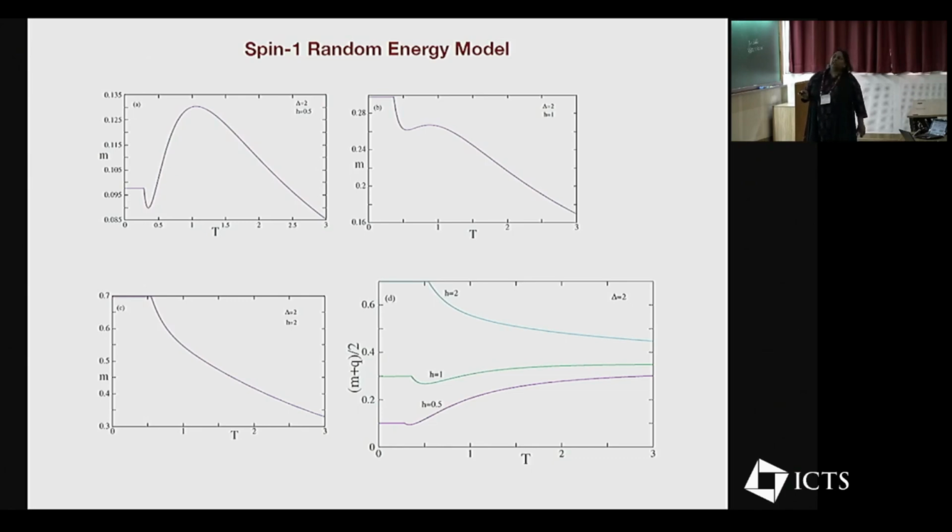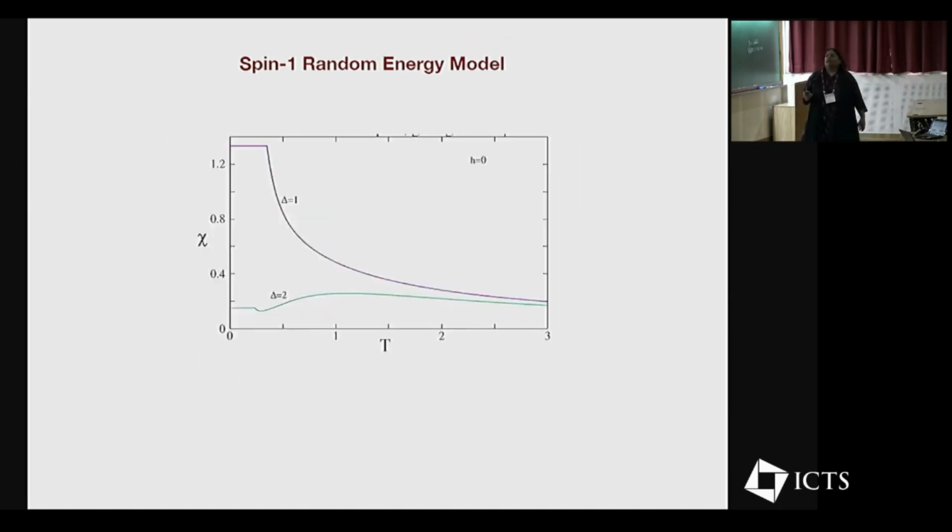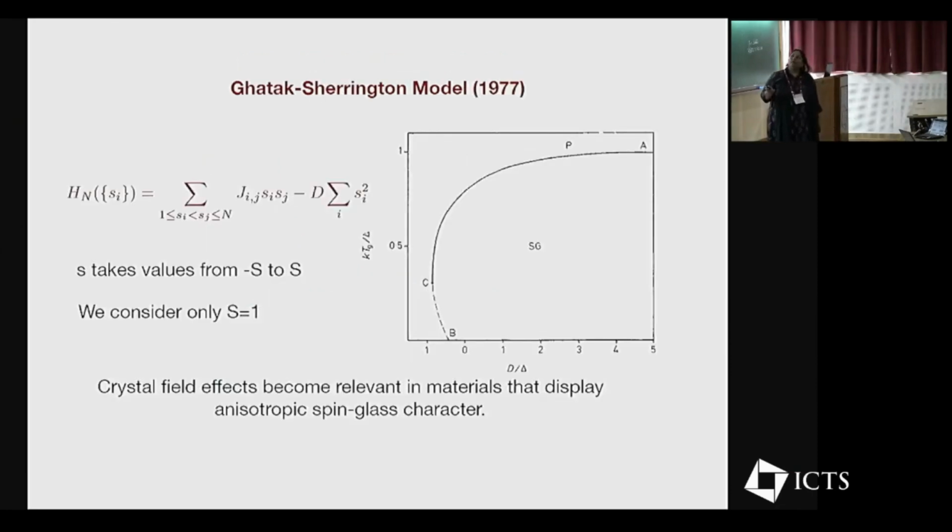Whereas one can see if at the glass transition the number of +1 spins was much more than 1 by 3, then they just simply decayed, and in that case even the magnetization just had a monotonic decrease. And so we also looked at the magnetic susceptibility, and there also it's consistent around the same values of lambda. Susceptibility also shows a peak in the high temperature region. So this is the first Spin-1 model I wanted to talk about, and now I'll briefly talk of the work of